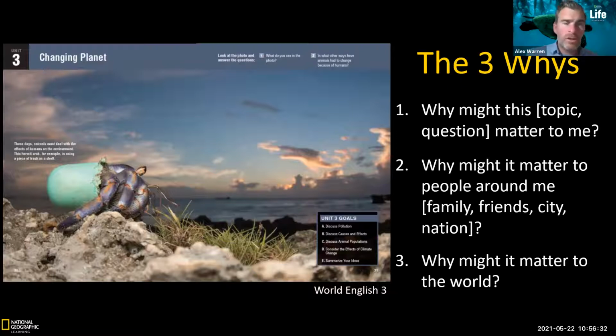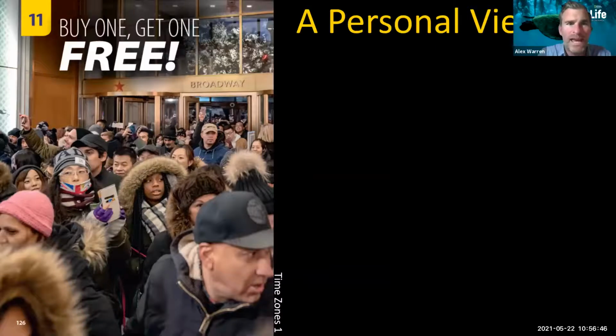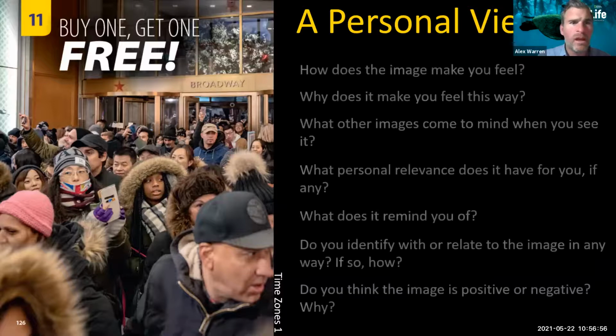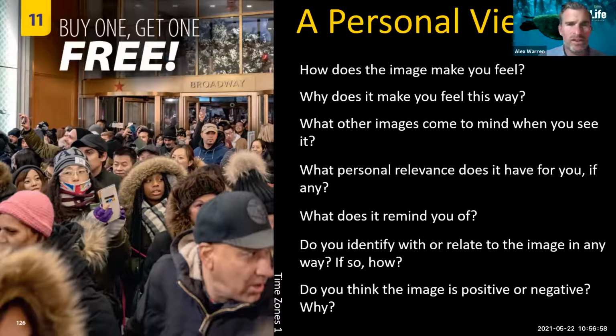And of course, using National Geographic Learning books, we have lots and lots of beautiful photos that lead into a unit to activate schemata, to make a personal connection. So I love being able to use these in a very personal way. And we have this thing called the personal viewing of a picture. So we have this image here, a little bit crazy one. And we may ask these questions.